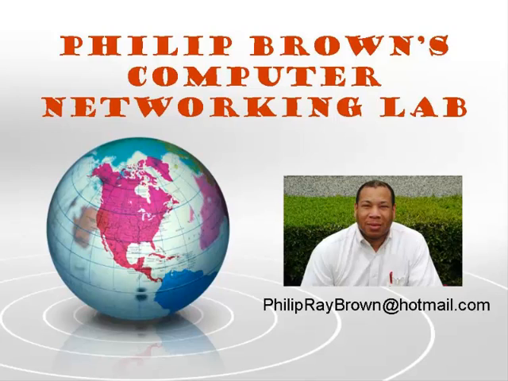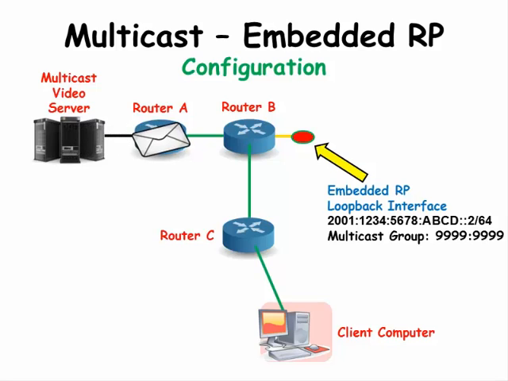You're watching the instructional video called Multicast Embedded Rendezvous Point Configuration. We are looking at a simple diagram of a multicast server and a client computer connected together by three routers labeled A, B, and C. We're going to configure the multicast network with these components, and we're going to make router B the rendezvous point